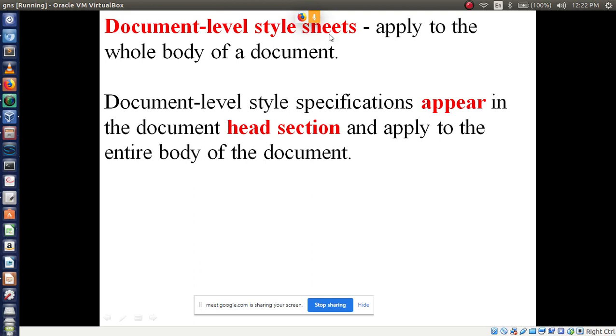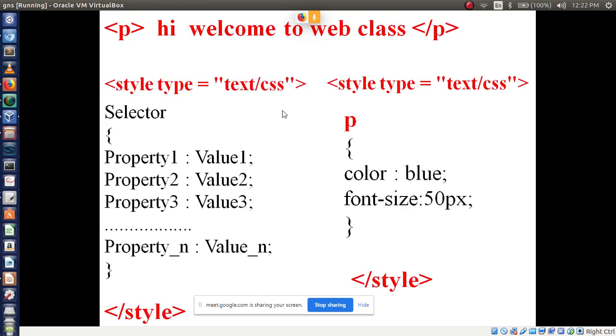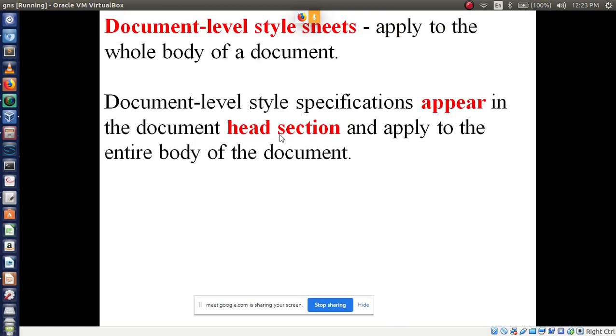Document level style sheet, this is for explanation, that is for format specification. How can we use it at document level? This is for syntax, and in the main exam you have to write the explanation for document level style sheet like this. It applies to the whole body of a document, right?